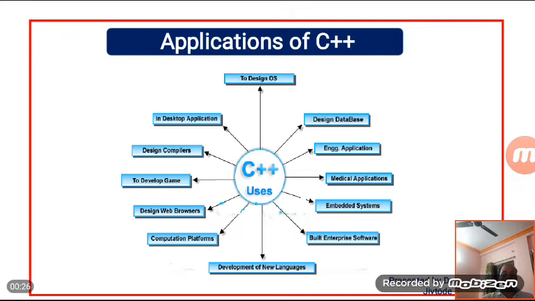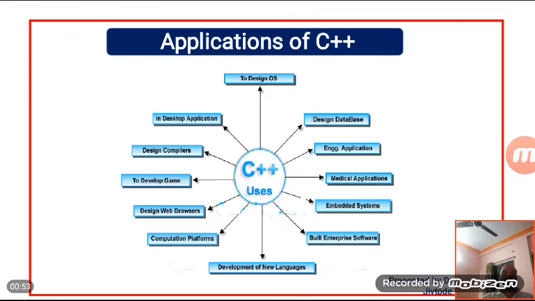Here we discuss some applications of the C++ language. The first application: C++ is used to develop graphics-related applications like computer and mobile games. The second application: C++ is used to evaluate any kind of mathematical equation, for example polynomial equations, quadratic equations, etc.